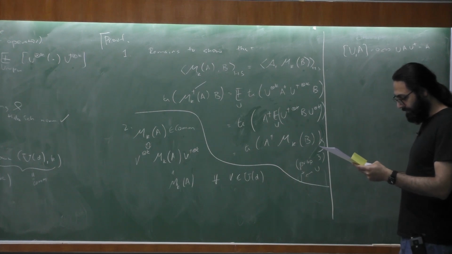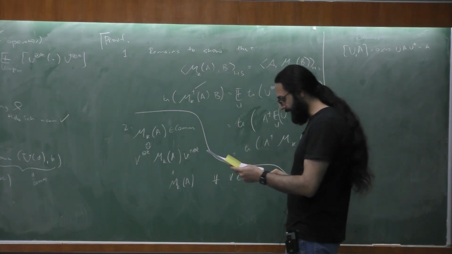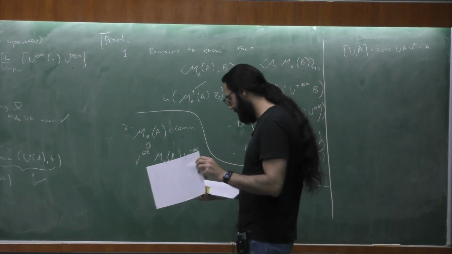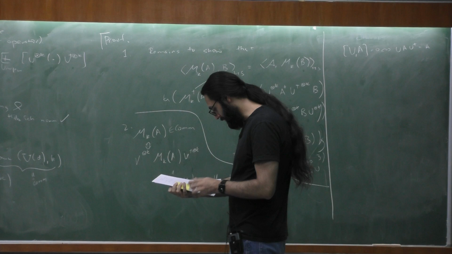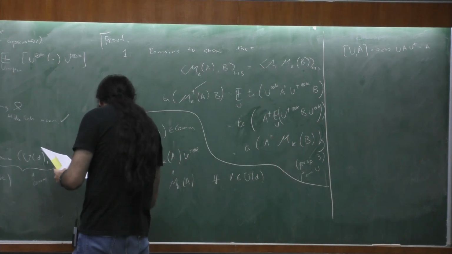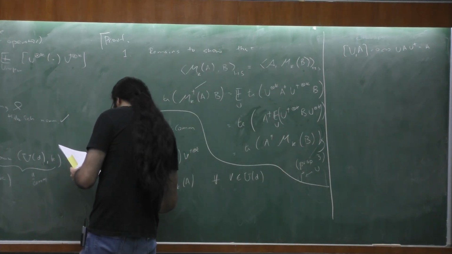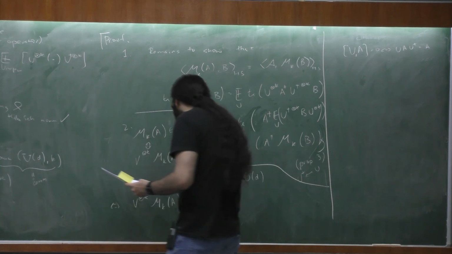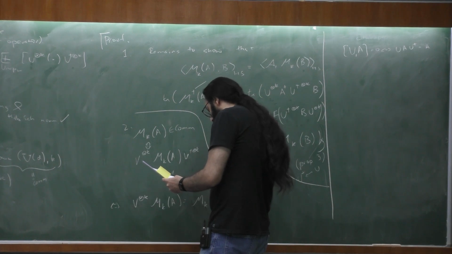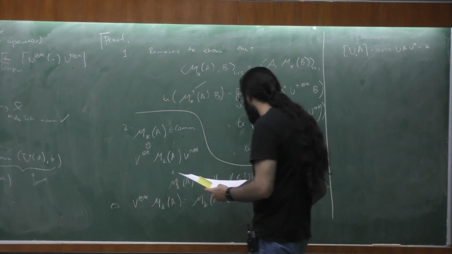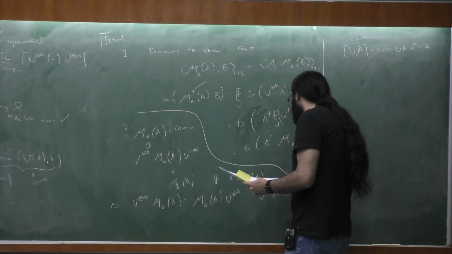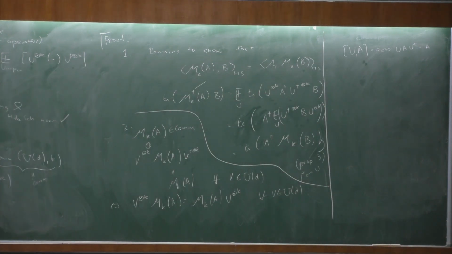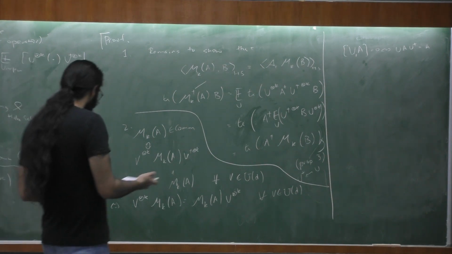So I'm using that fact. Okay, so we have this, and now what we can do is... what did I do now? Okay, I did exactly the same step. So this is equivalent to U^k M_k(A) being the same as M_k(A) V^{⊗k} for all V in U(d). So it's just this step that I mentioned. Okay, and then what did I do? Then